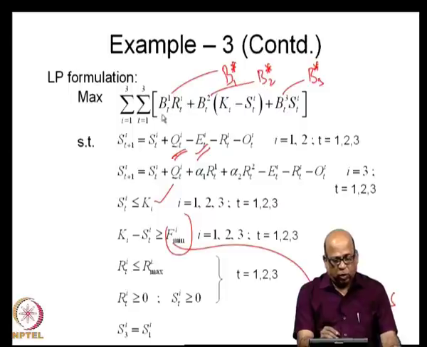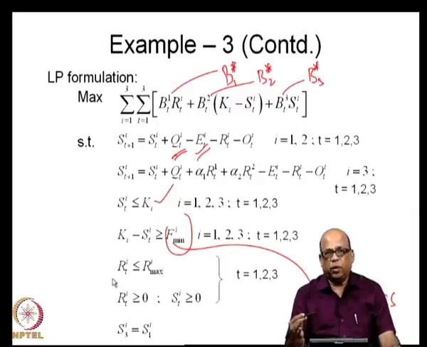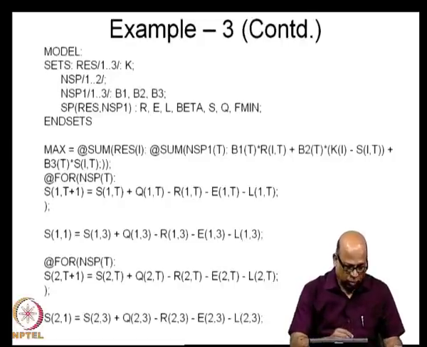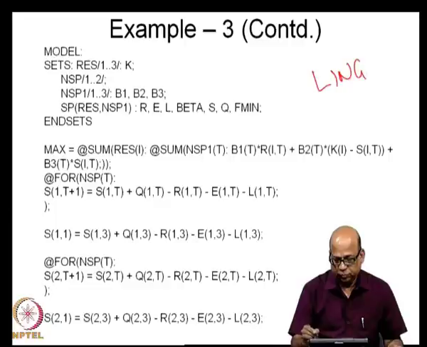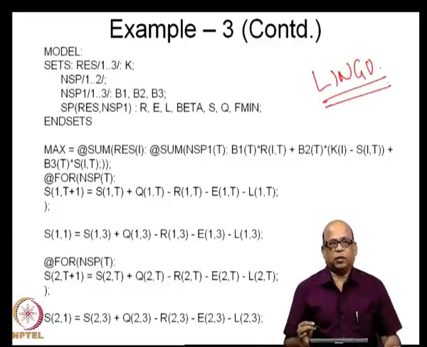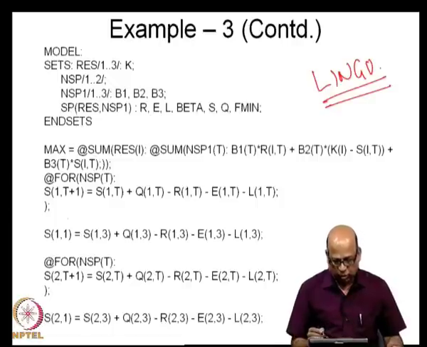This is the LP problem because the objective function is linear and all the constraints are linear. So, you can use a linear programming software and then solve this problem. Now, I am giving you here the code for the Lingo software, which, as I mentioned in the previous class, you can use freely for educational purposes with a limited number of constraints, limited number of variables and so on. This is the code I have explained earlier how to write, how to use Lingo for a single reservoir. We only extend it to multiple reservoirs. I do not want to spend too much time on this.